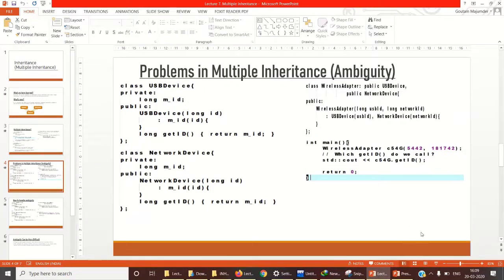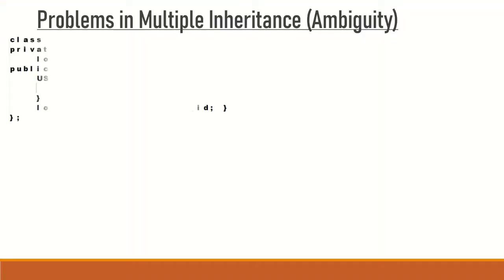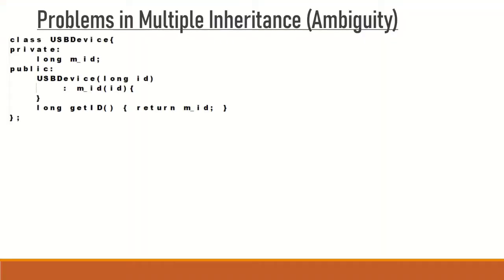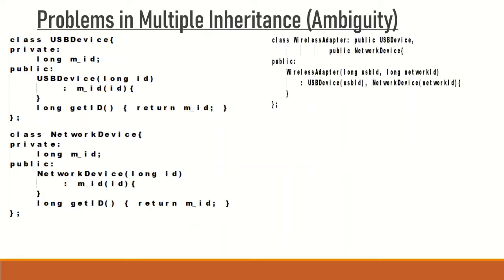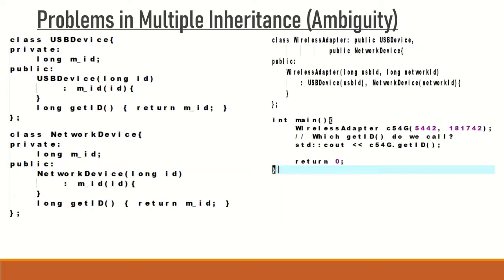Okay, welcome back students. In the last presentation we discussed the problem of ambiguity in multiple inheritance. Here is the problem that we discussed in the last lecture: when we try to call a member function from a base class using a derived class object, the compiler will be in ambiguity because the compiler has no clear information